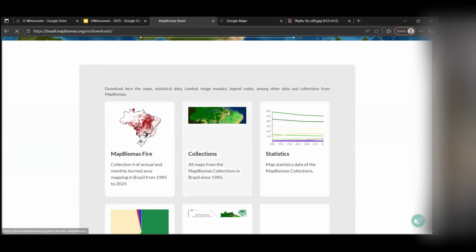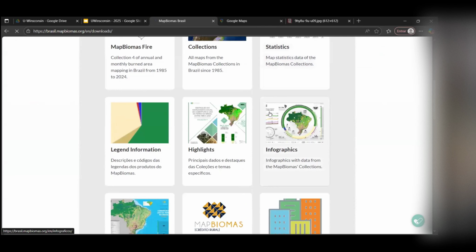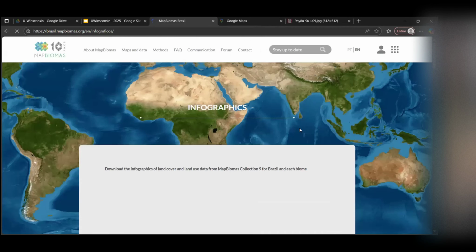There's a lot of things here, but there's one that for me is very important to use in class, that I'm using a lot. That is the infographics that we produce. It's like the abstract showing the different teams that we are working with inside MapBiomas, organized in a way that we can explore the different information.